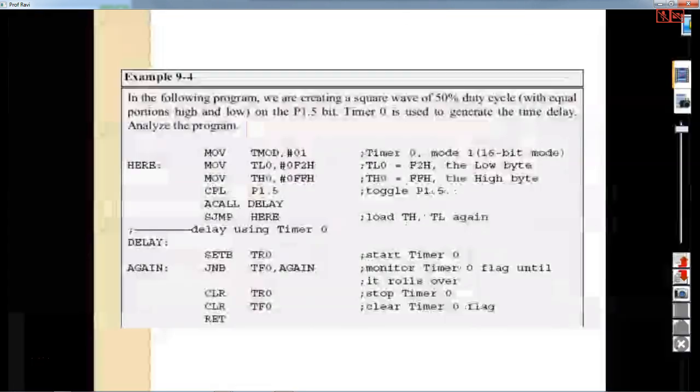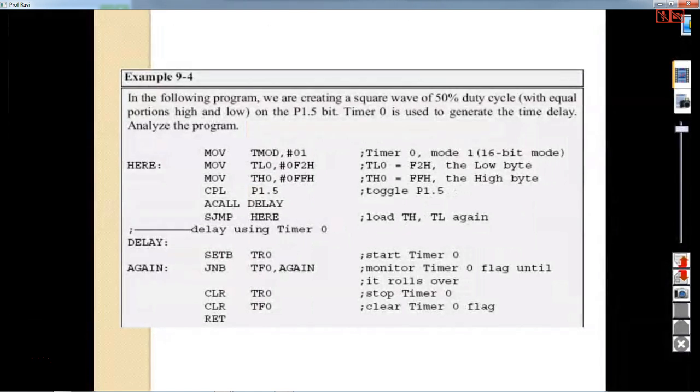You know, we are going to analyze the program. So you are going to generate a square wave of 50% duty cycle. So then what would be the frequency of the generated signal is what we are trying to see. So it is FF2 and D plus 1, then the value will be 0, right? So that means for this much time,